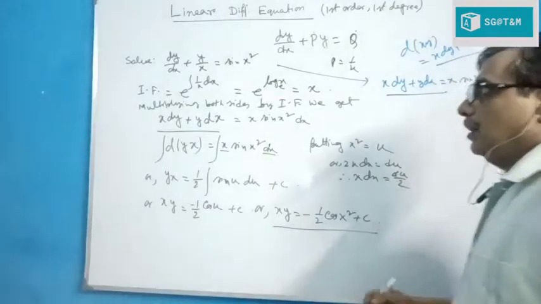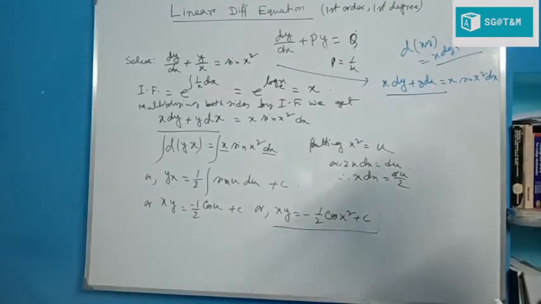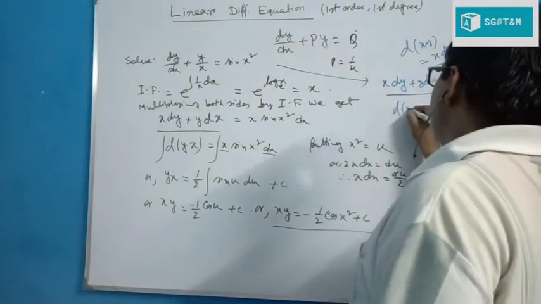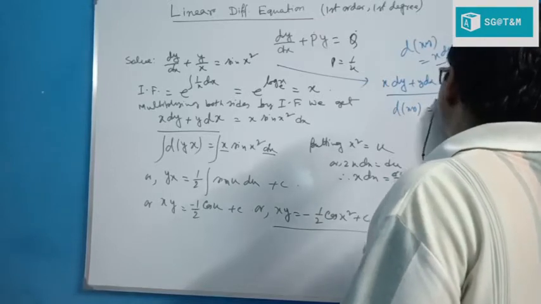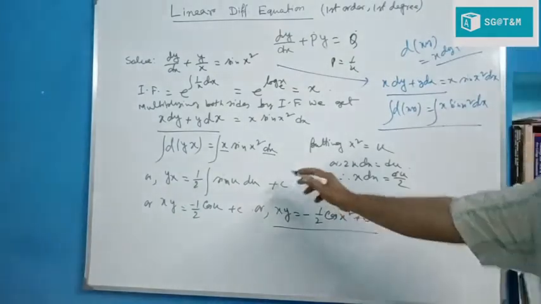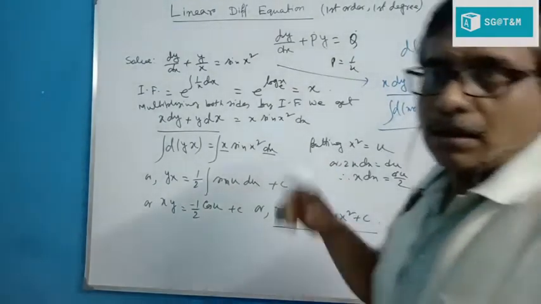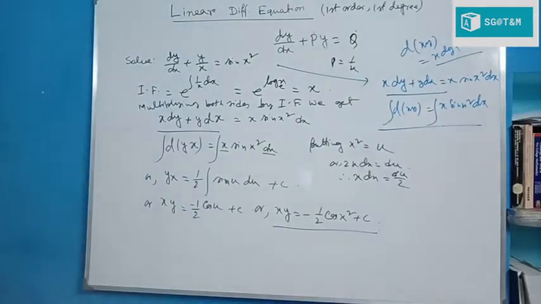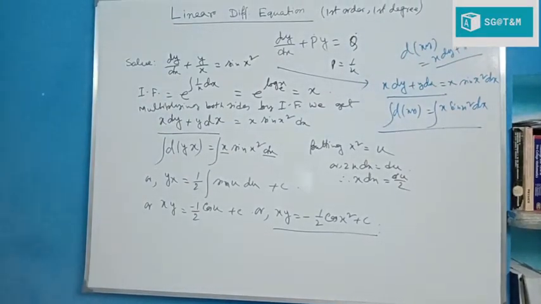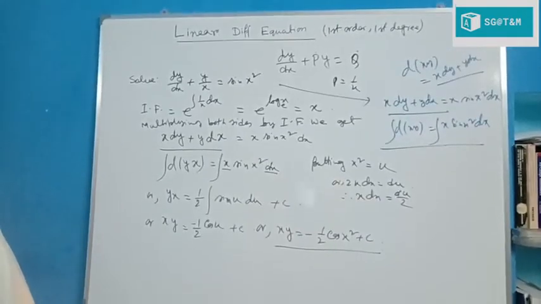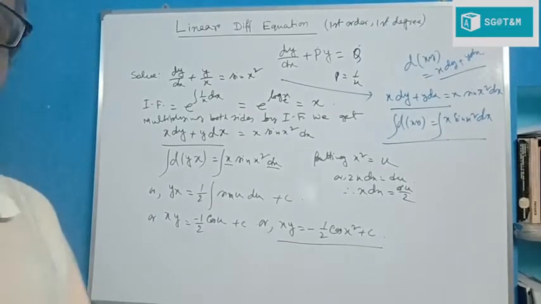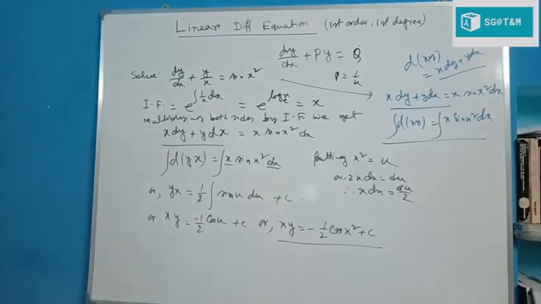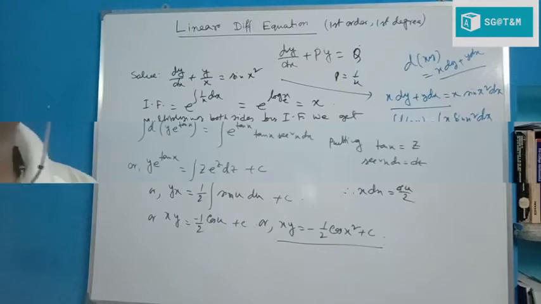In the previous chapter we have already solved this equation in this way also. So this can be d of xy and this is x sine of x square dx. So if we integrate this, then we get this position. You may use the differential form or use the linear form. Both forms are correct, no problem at all. You may use both processes, then we get the same answer. And both processes are very easy, I think.